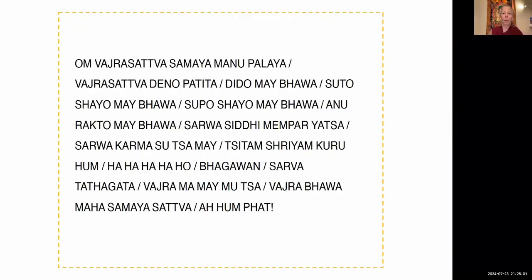Vajrasattva Samaya Manupalaya Vajrasattva Dina Patita Dita Meboa Sutukaya Meboa Sipokaya Meboa Anurakta Meboa Sawasidi Mimpiyatsa Sawa Kama Sita Me Sitam Shriam Kuru Hum Ha Ho Bhagawan Sawatata Gata Vajramami Mutsa Vajrabawa Mahasamaya Sata A Hompe Vajrasattva Samaya Manupalaya Vajrasattva